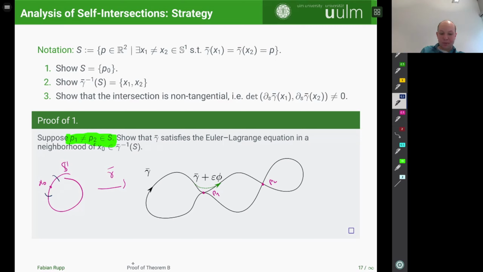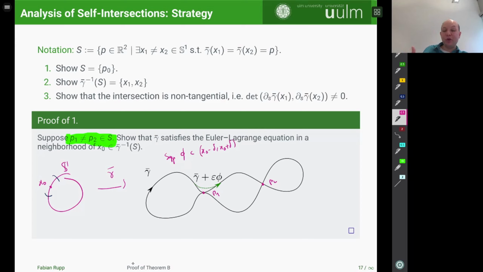And it is actually not too difficult to find such a neighborhood because, well, if we take any function phi with a compact support, so any smooth test function phi with compact support in, say, x0 minus delta to x0 plus delta,